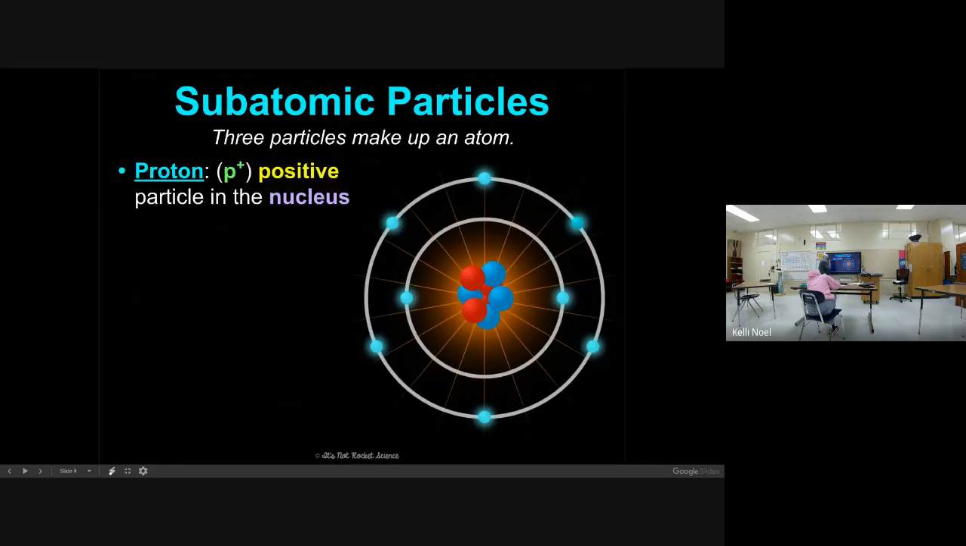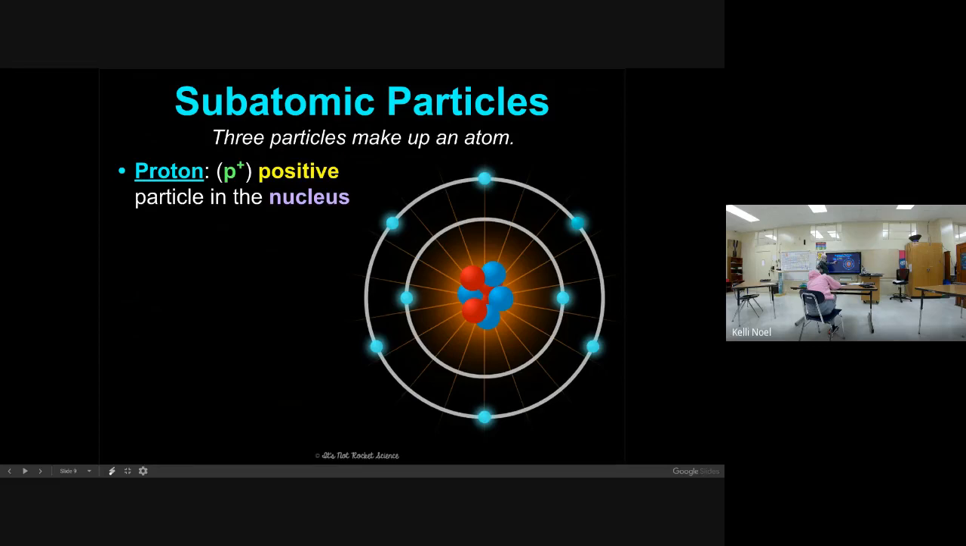All right, so we also call these particles subatomic. Sub meaning below or lower, and atomic meaning atom. So here's how we usually abbreviate proton, with a P with a plus sign. So it's a positive